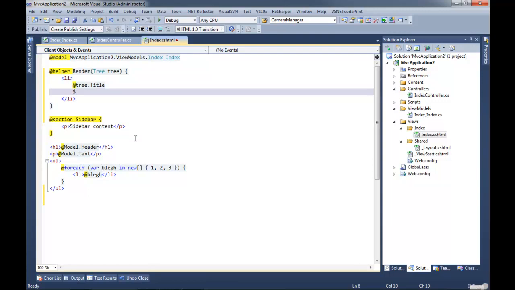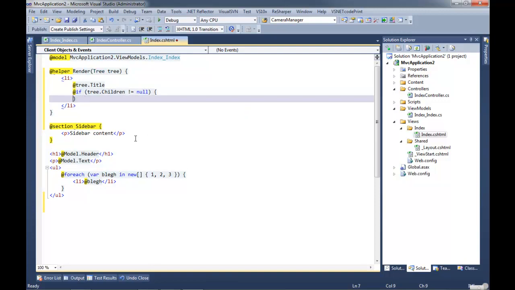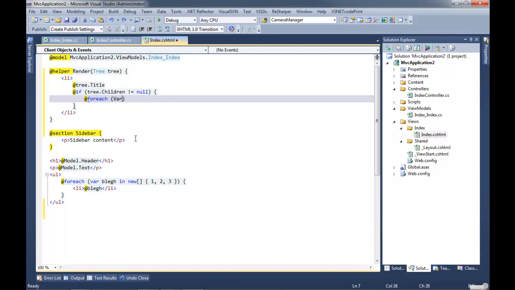Actually, hold on. The IEnumerable can be null, so I'm going to have to say if tree.children does not equal null, then for each var child in tree.children,